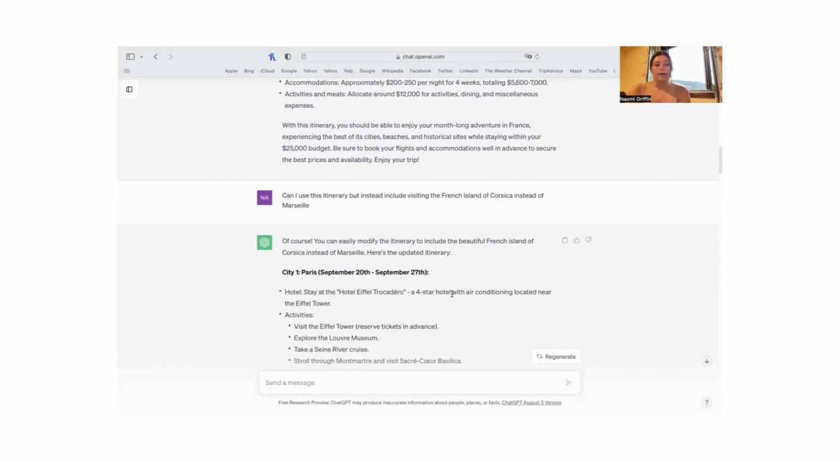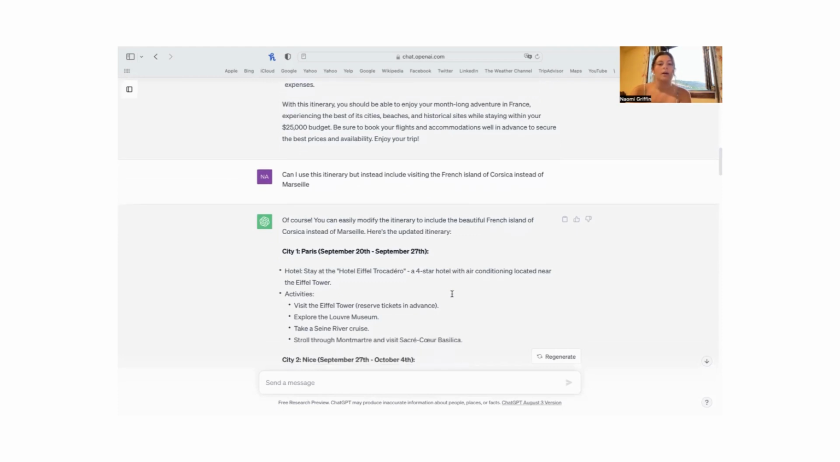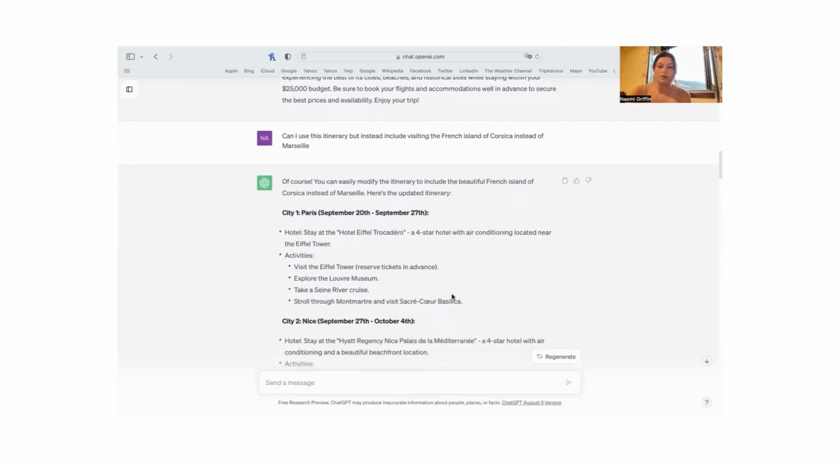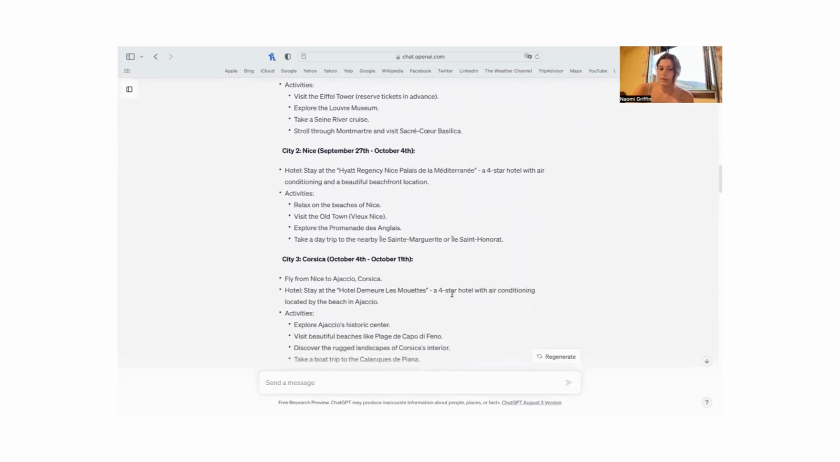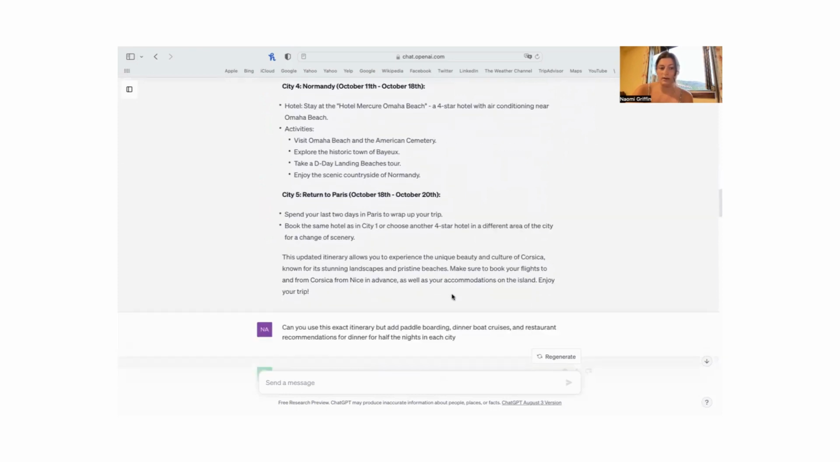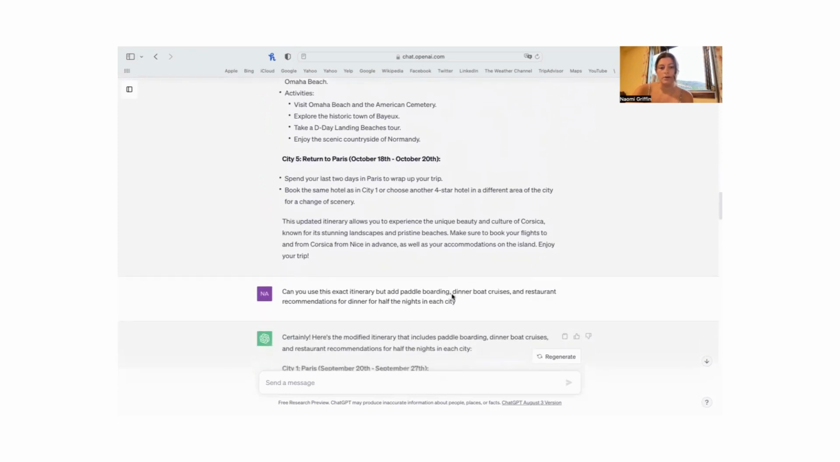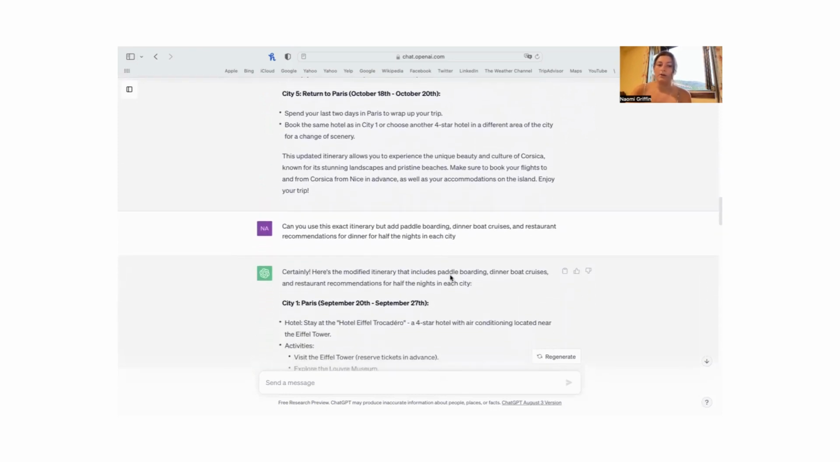step 2. Can I use this itinerary, but instead include visiting the French island of Corsica instead of Marseille? So then ChatGPT tells me, of course, so then it modifies it for me. So Paris, Nice, Corsica, Normandy, and return to Paris. Here we are. And then I go to step 3 and I ask to add any activities or must-haves, which